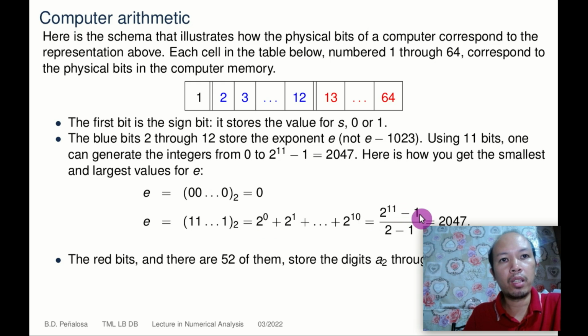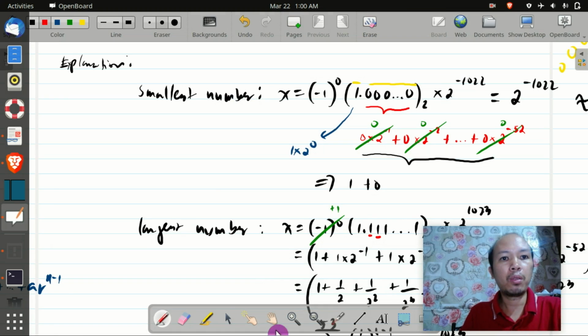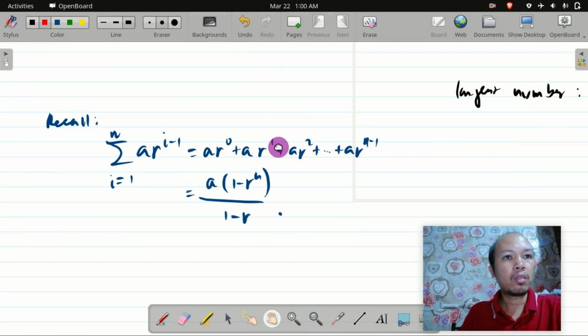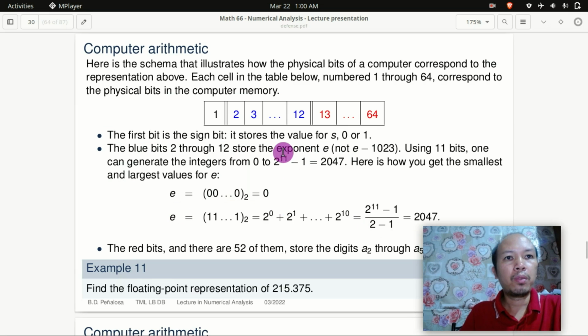You can use this argument to have this expression here by using this formula, if you remember it right. So that's the reason why we have this one here, not the combinatorial something. I made a mistake in that discussion. Okay, so anyway,